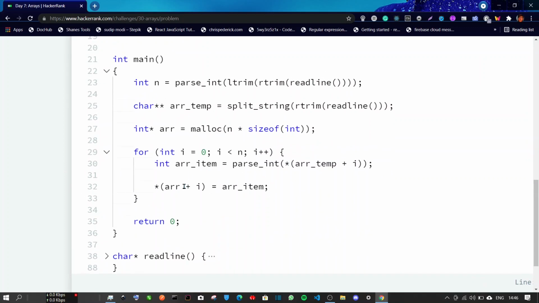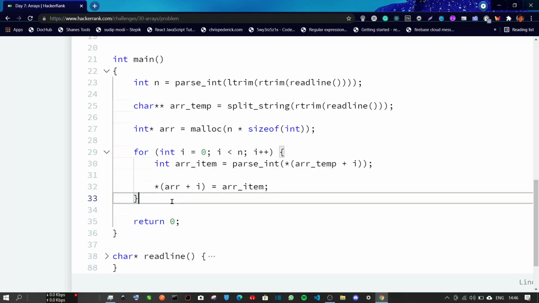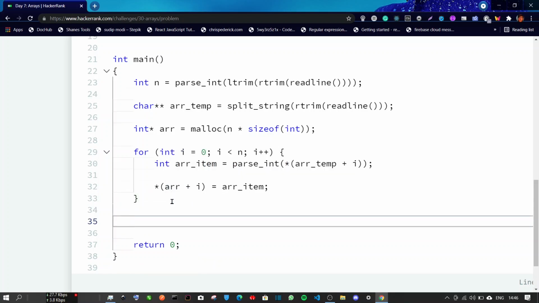First let me show you what we have to write and what will evaluate properly. So the for loop that is already given in the code, all of this code does some input parts for us. So this line of code int n is equal to parseInt ltrim rtrim readline, this part inputs the size of that array, and similarly this allocation happens using the malloc function, and this for loop assigns all the items inside that array.